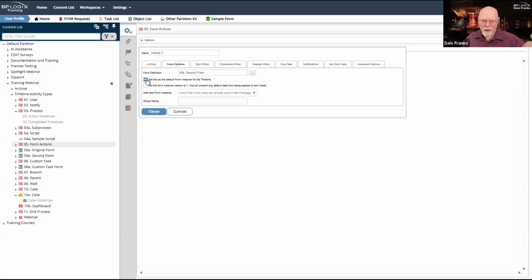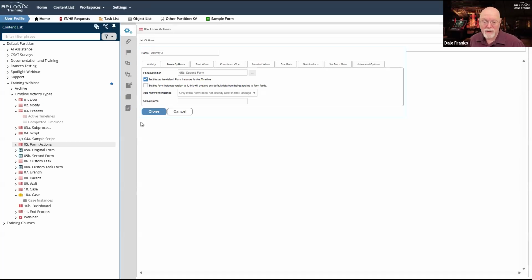So for example, in the very first scenario I described, where I've got a second form with some proprietary information, I am going to want to make that form the default form instance for the timeline after I call it, because in the next user activity, I'm going to want to show the manager or C-suite person who's going to be participating in that activity that proprietary information. And so I want this form with the proprietary stuff to be the default form instance in the timeline.